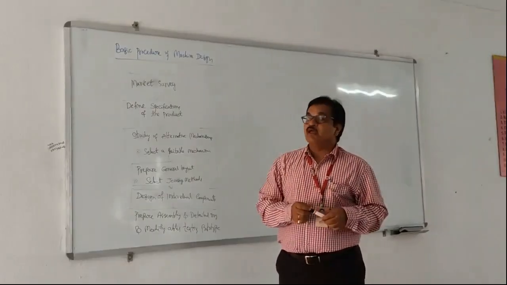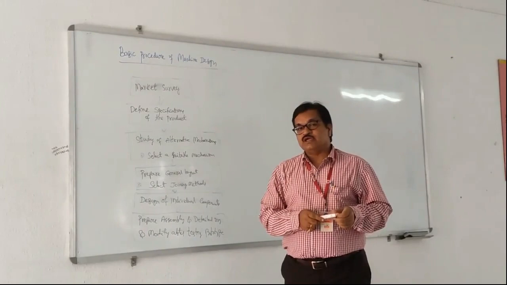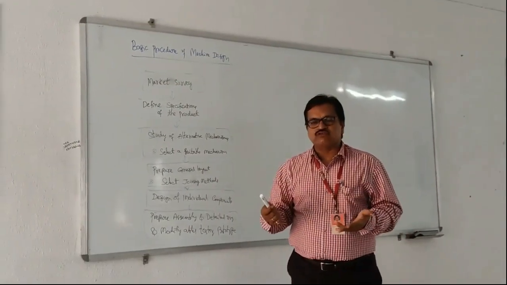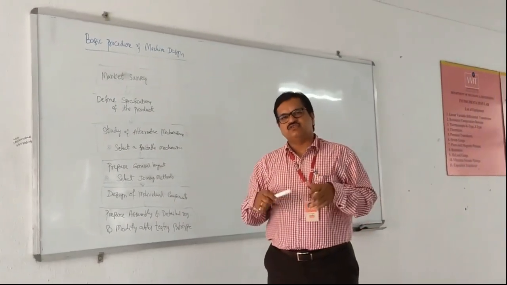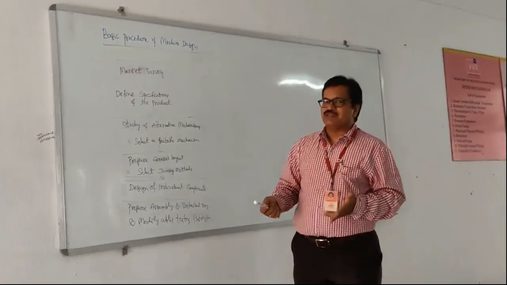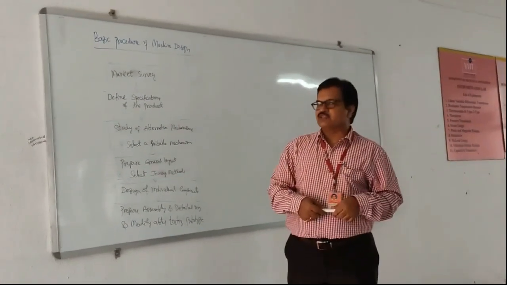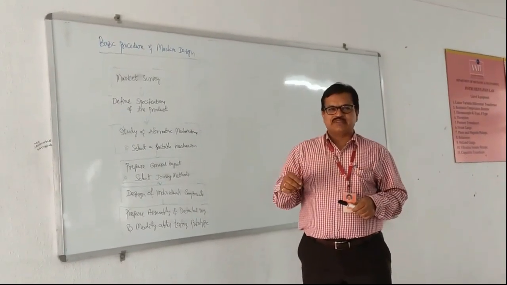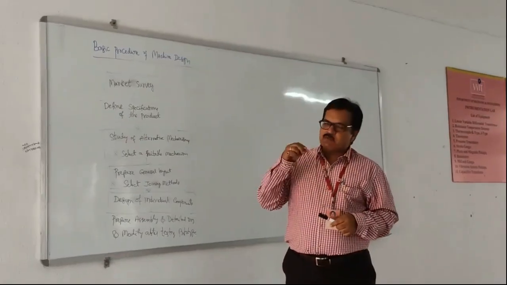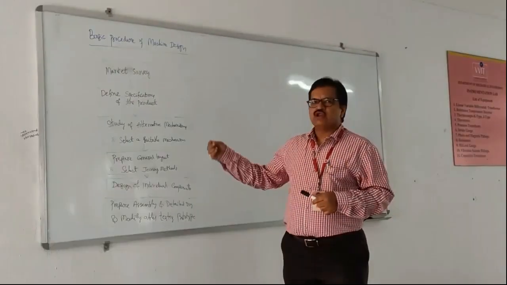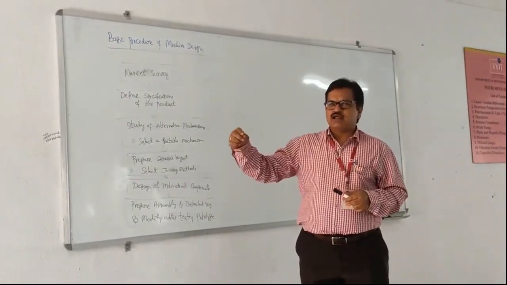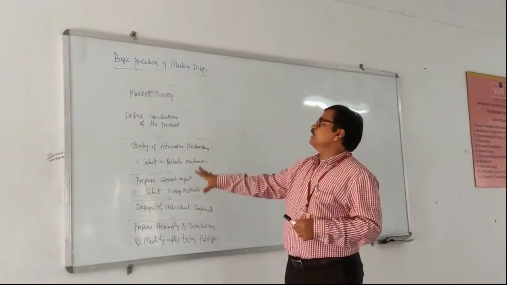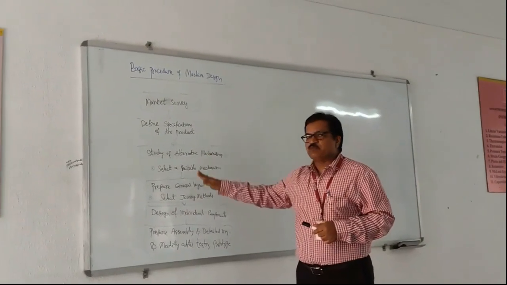This inspection may vary depending upon the importance of this machine, whether it is going to be used in a very critical situation or in a general situation. Depending upon the criticality or the normal condition in which the machine is going to be used, we choose an inspection method. Depending upon the type of inspection method chosen, we go for either random sampling or full inspection. So this is the total procedure of the machine design. This is the general procedure.